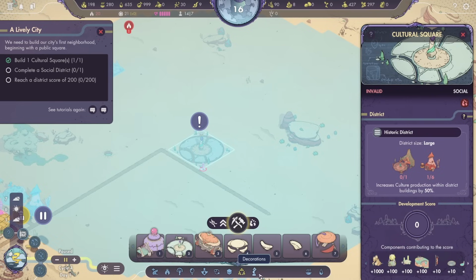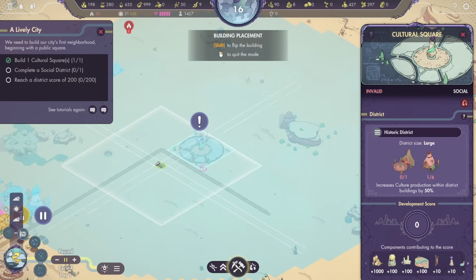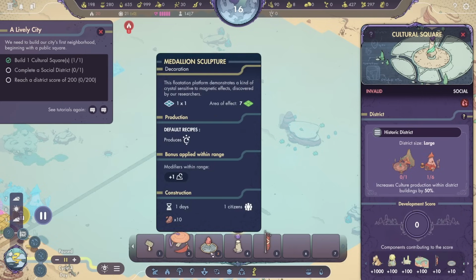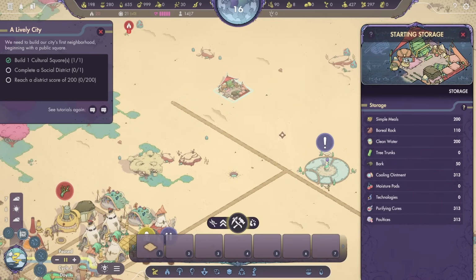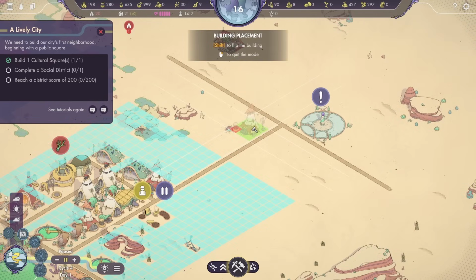It's fun. Let's see. Okay, population, do we have anything else? No. And we have stuff like the Sun Awning. Bird Nest, Ground Medallion. Cover up unpleasant looking mechanisms, leading to an area's beauty. Interesting. Can't put it on that, though. Medallion sculpture. So, I guess the easiest thing for me to do is just kind of extend this direction. This is the starting storage. I'd like to fill this out at some point, but later. We need some housing. I guess the easiest thing for me to do...